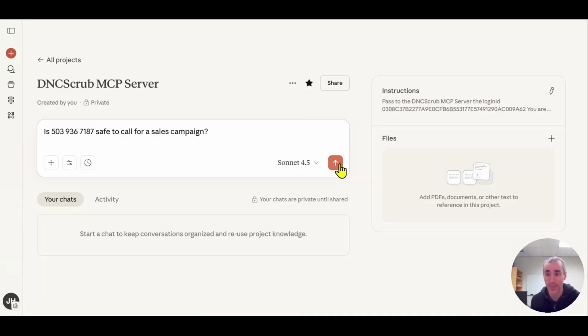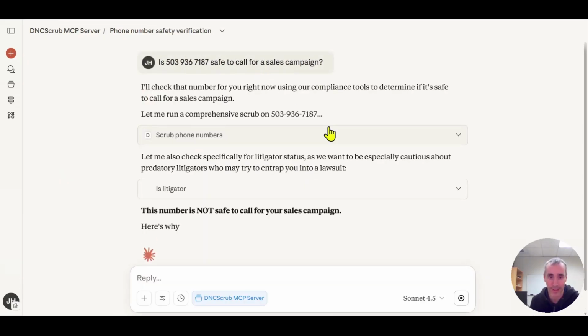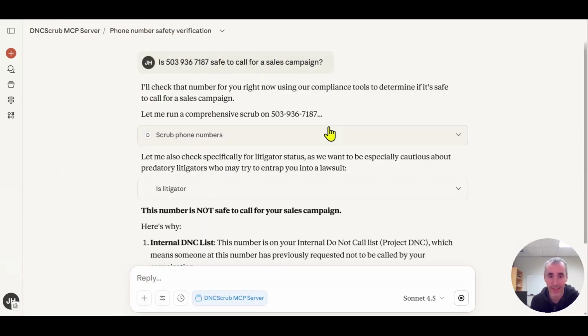So to show our MCP server in action, I'm going to use Claude Desktop here, which has been pre-configured with our MCP server. I'm going to ask it if this phone number is safe to call for a sales campaign. So we give the LLM the prompt, and it's telling us